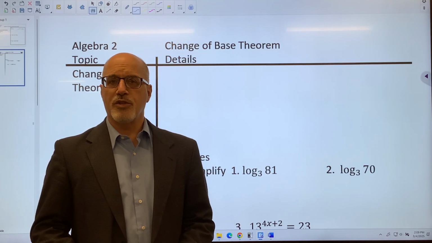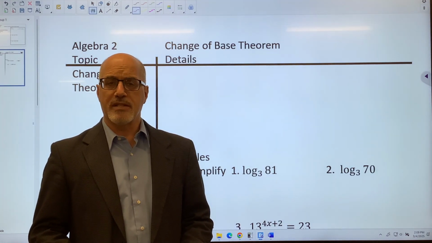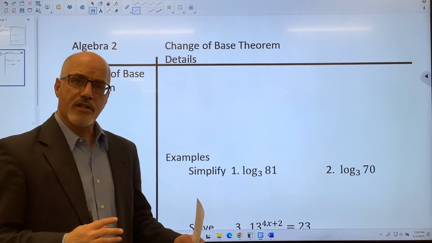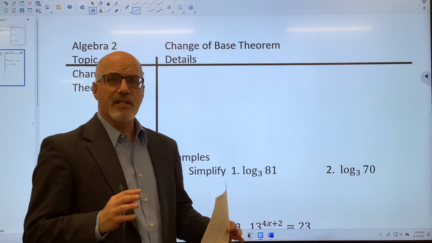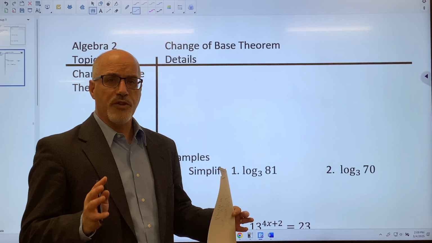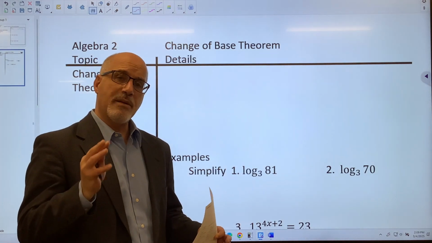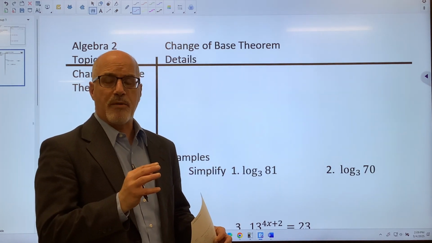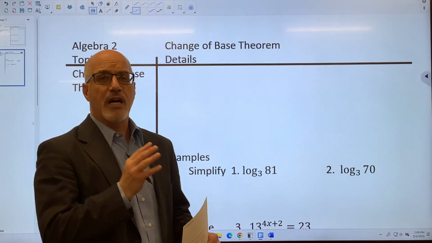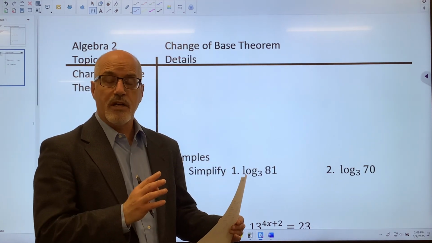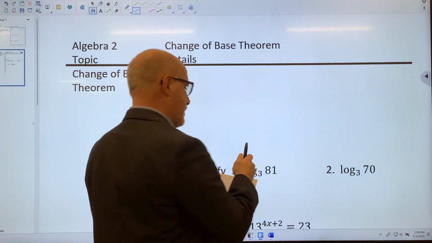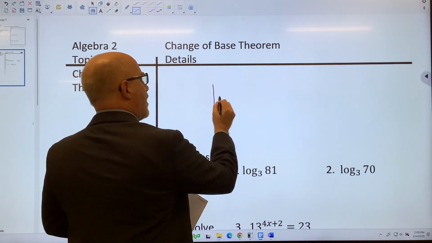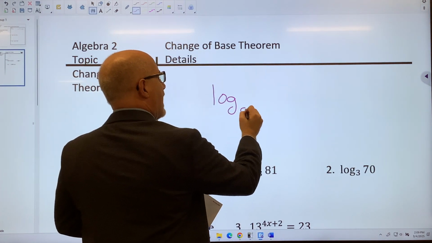Our objective is to use the change of base theorem to simplify logs of other bases. So the change of base theorem, simply said, is an almost magical theorem that allows you to take any base that we're using in a problem and change it to our more common bases, like the common log or the natural log. So what the change of base theorem says is if you've got log base A of C,